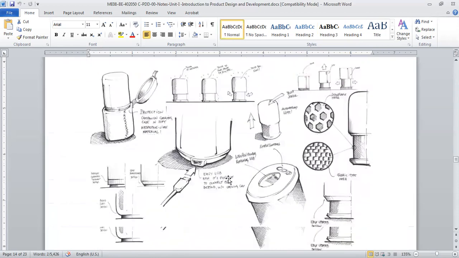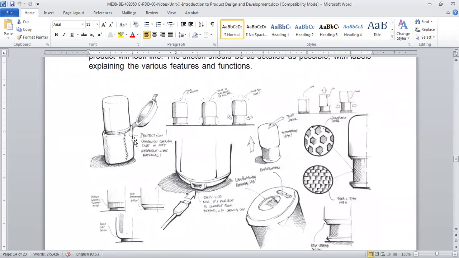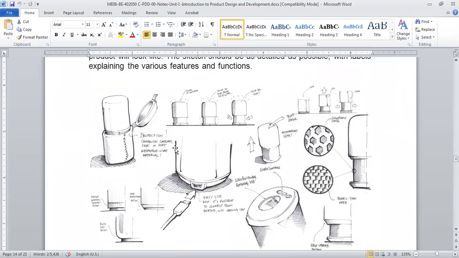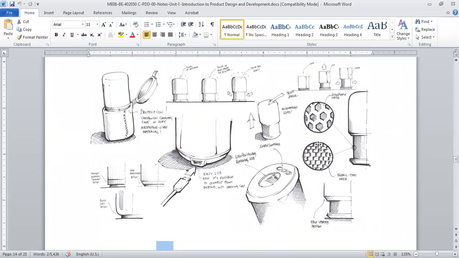They have a design of a Bluetooth speaker. Here they are having protection for this Bluetooth speaker, they're having a pin for charging, so you can charge your phone also from this Bluetooth speaker. Here the finish may be different kinds of leather, or different kinds of cloth will be there. So whatever ideas you are having for this product, this is an example of a Bluetooth speaker.